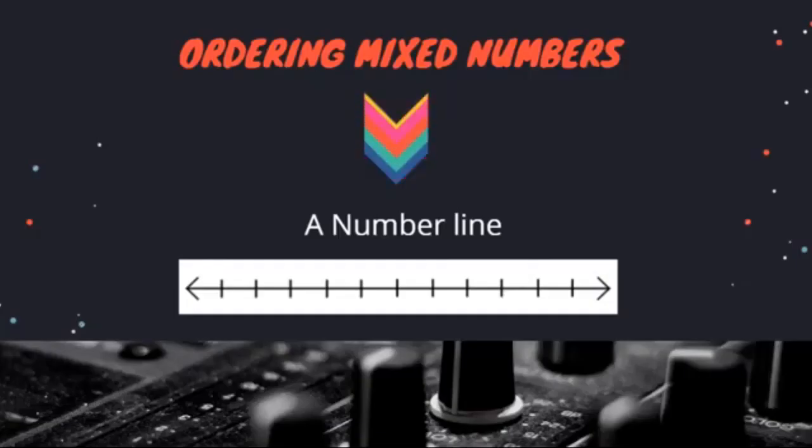In arranging the order of mixed numbers, we can use a number line. We will just put the fractions and the mixed numbers on the number line. Should we draw a complete number line, then write the mixed numbers onto it? No, just estimate their positions in the number line by saying the whole number in the mixed numbers that we want to order. Let me show you.